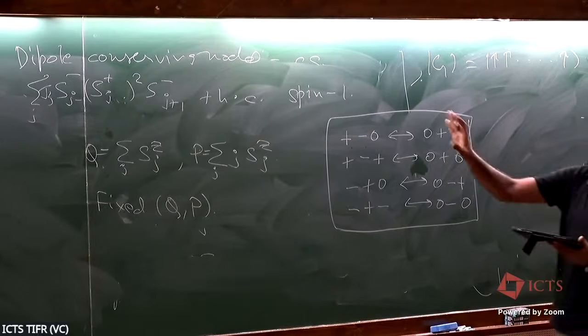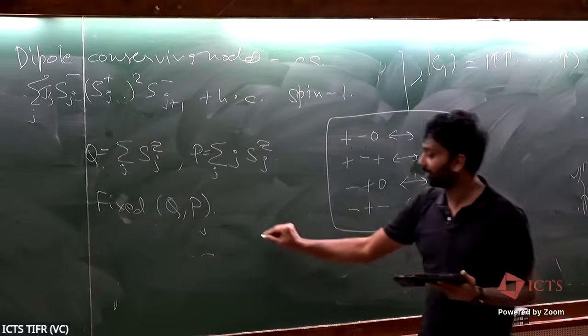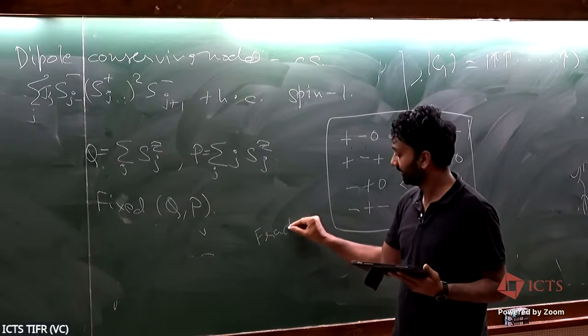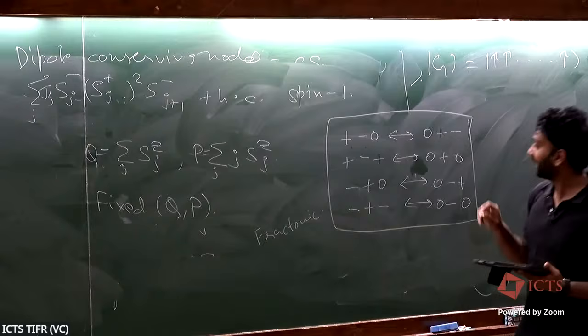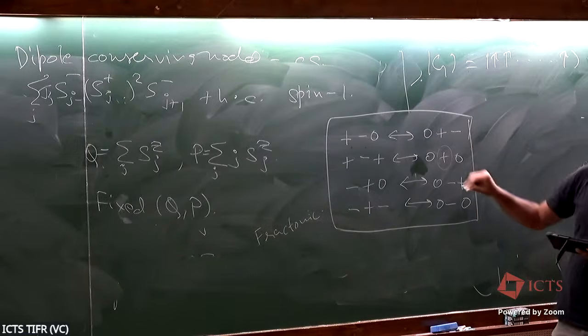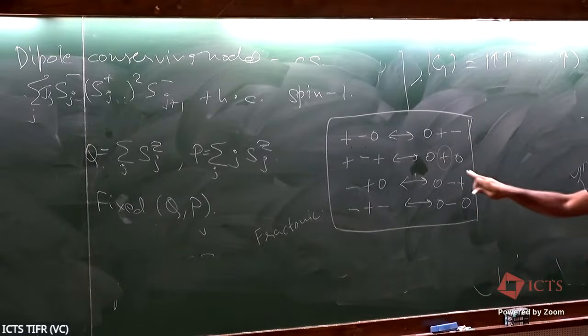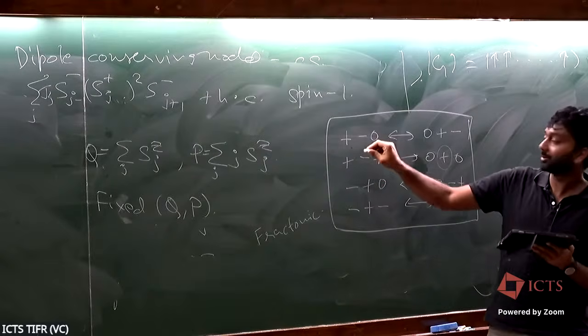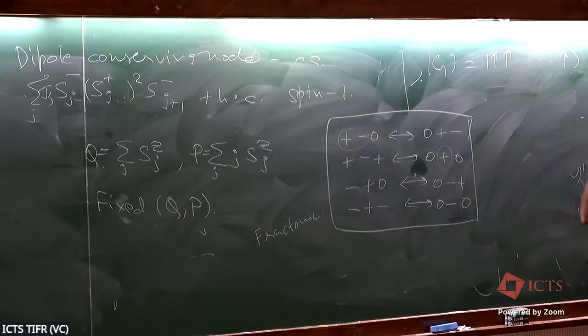So this model is also sometimes called a fractonic model, for reasons. I feel the name is a bit misleading, but the idea is that this plus and minus are like fractons, which can move only if they emit a dipole, and you treat this as a dipole and so on. But this is just nomenclature.